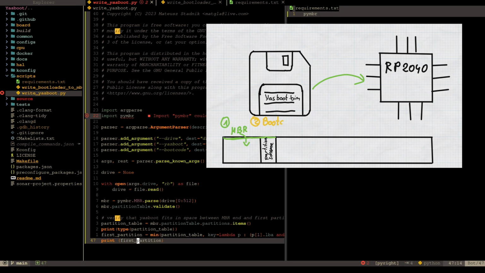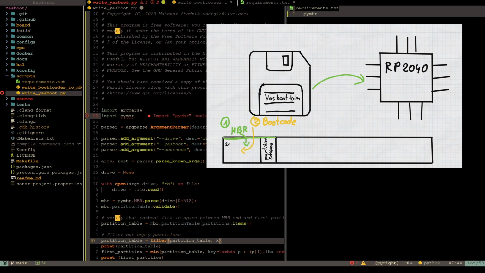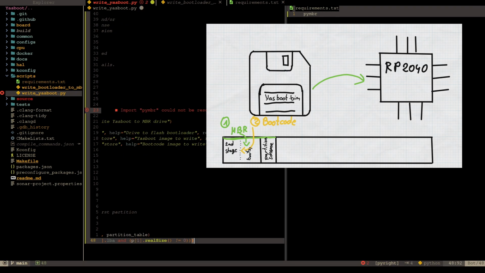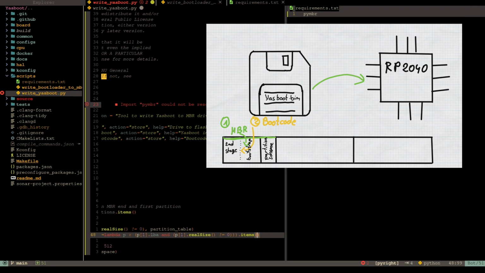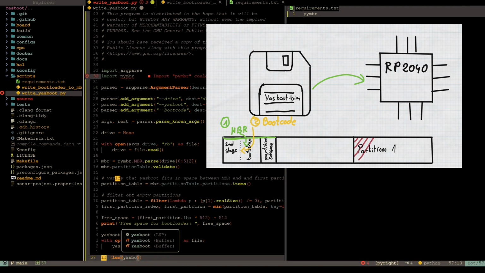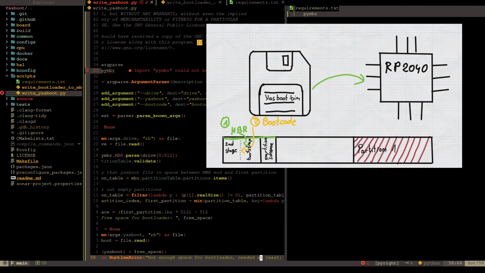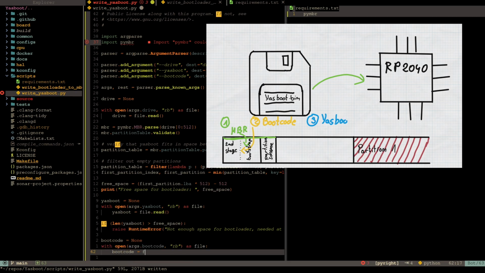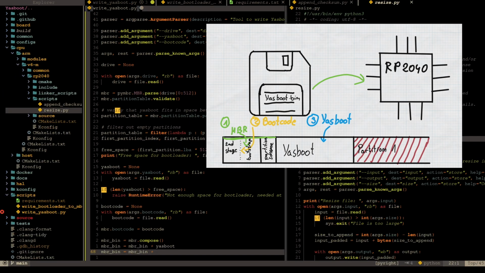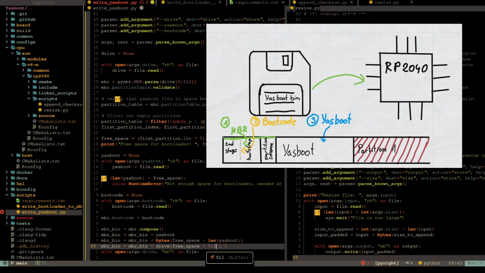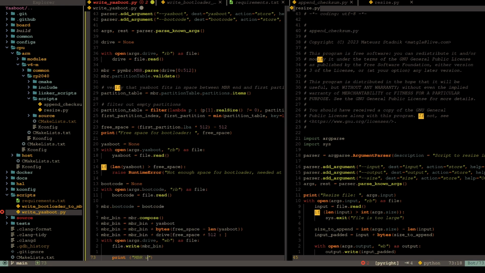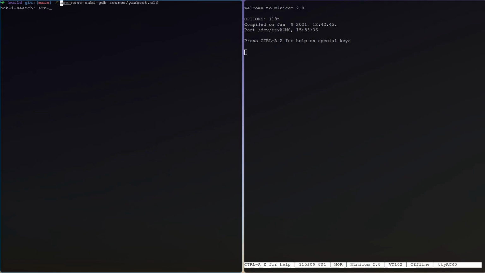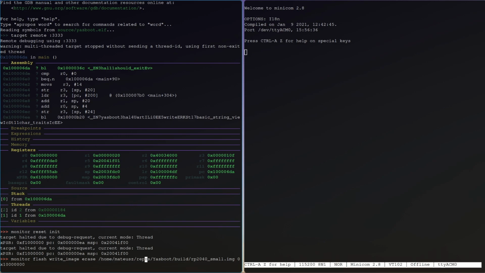Next, a new script will be used to fill the RP2040 second stage bootloader inside the MBR bootcode. Of course, there will be some partitions defined by the MBR somewhere on the drive. The final step is to use the script to place the YaSBoot binary between the end of the MBR and the beginning of the first partition. I created a Python script called write_YaSBoot that uses the external library PIMBR. Let's try out the new image on MSPC hardware.